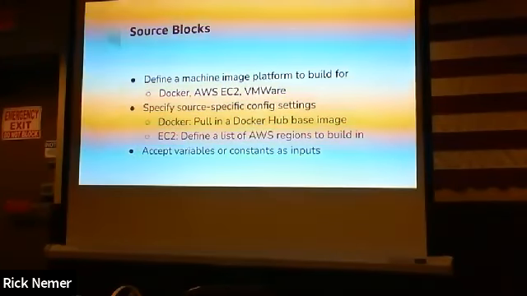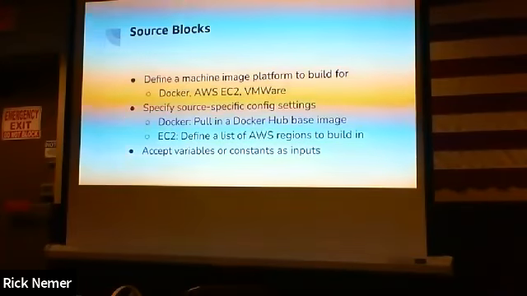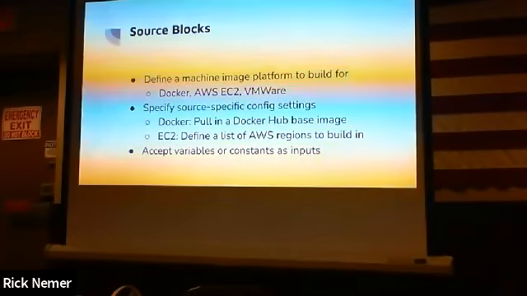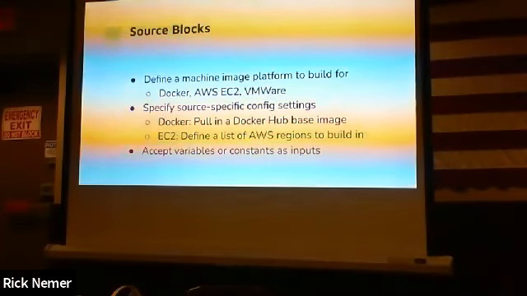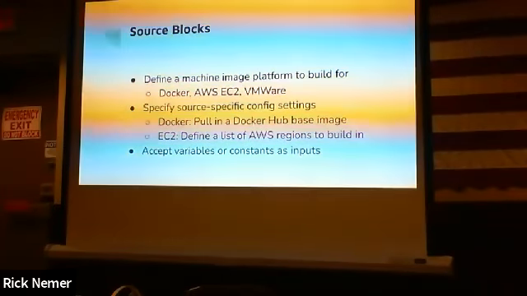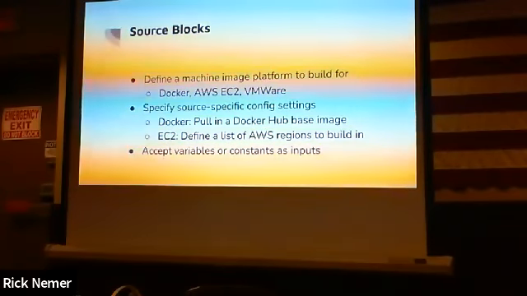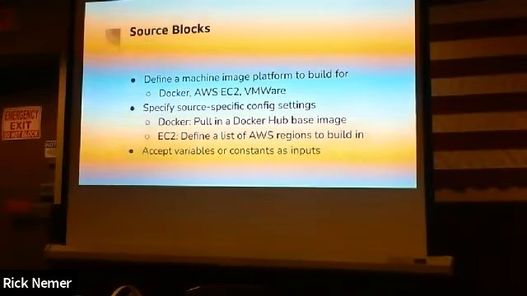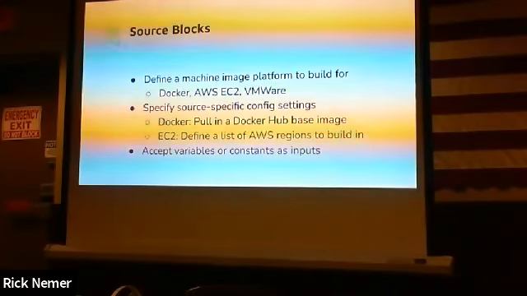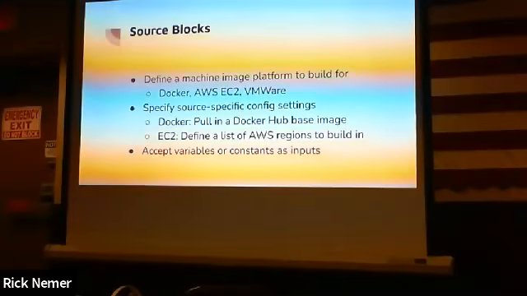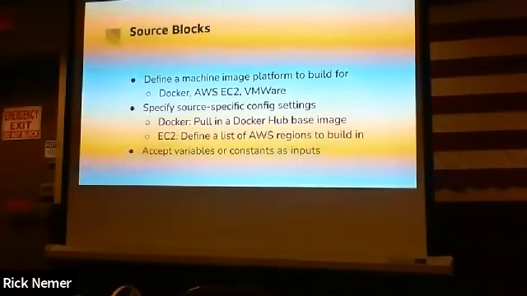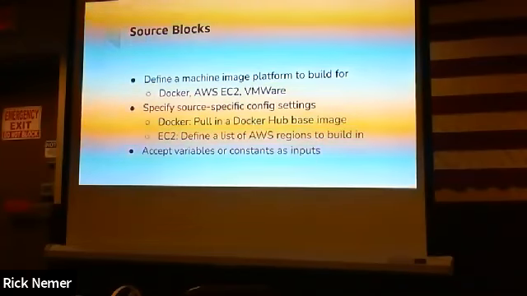So for Docker, for instance, if you want to pull in a certain Docker Hub-based image, like we saw in the example before, with EC2. How about Azure or Google? Yeah, you can build for that too. It supports all major cloud platforms and even some of the smaller ones too, like let's see, Linode, Hetzner, DigitalOcean. Yeah, you can build for DigitalOcean using Packer. So it has a lot of stuff for big platforms and small platforms alike.